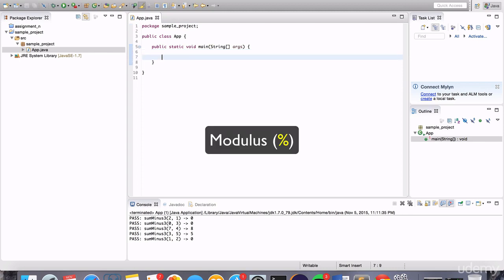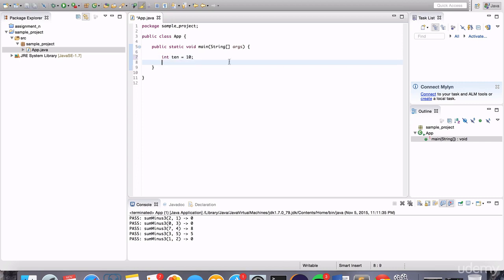I want to go over something called the modulus operator. And it's available in pretty much all programming languages. This operation basically finds the remainder after division. So let's say we have the number 10, right? I'll define a variable and assign it the integer 10, and then I'll have another variable and assign it the number 3. Okay? Now if I divide 10 by 3,